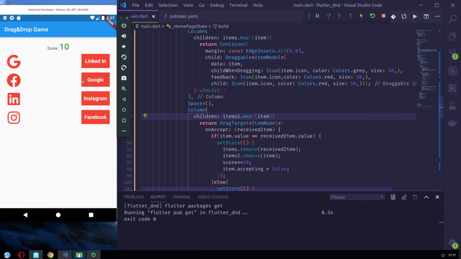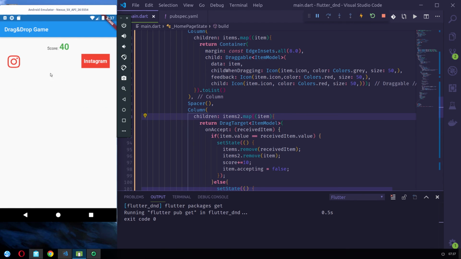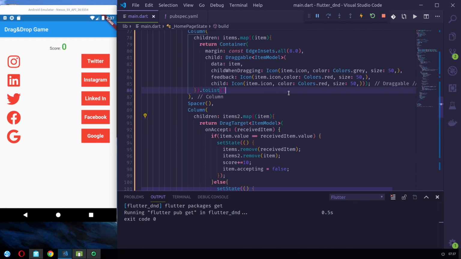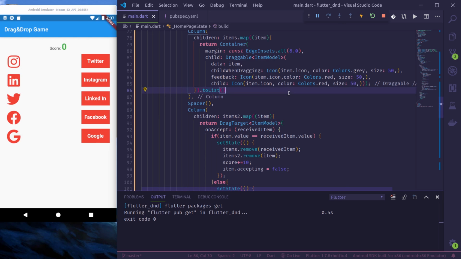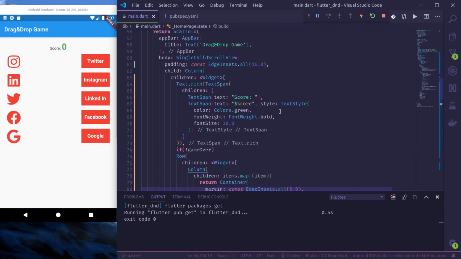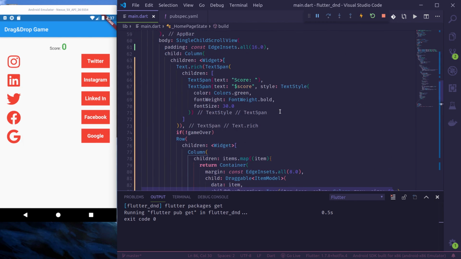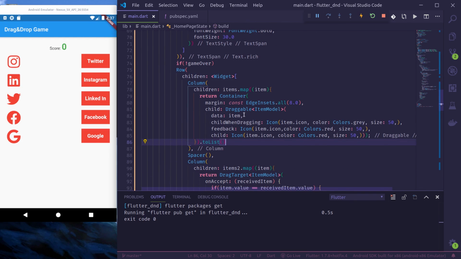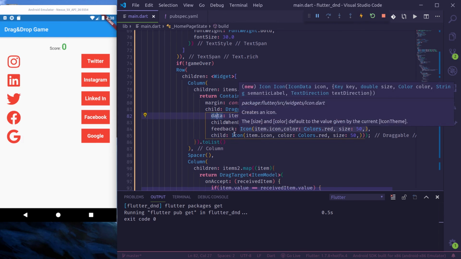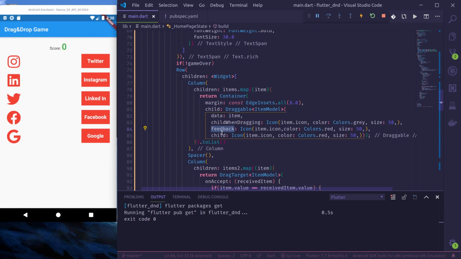See, Twitter, Google, Facebook, LinkedIn, Instagram. Game over, new game. Finally, so we are done with our project. If we see now, here we have a draggable widget that we can drag. It requires 3 attributes: data, that is the data that will be dropping to our drag target, and feedback, that is what is